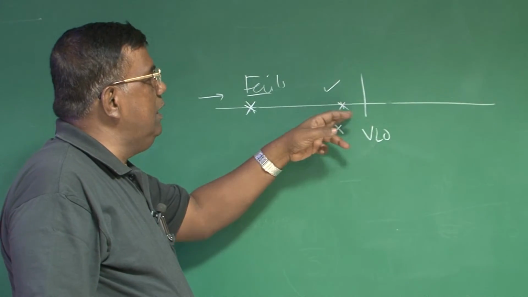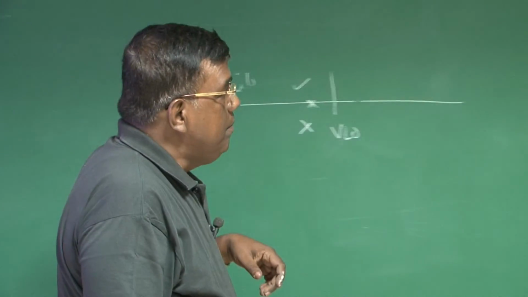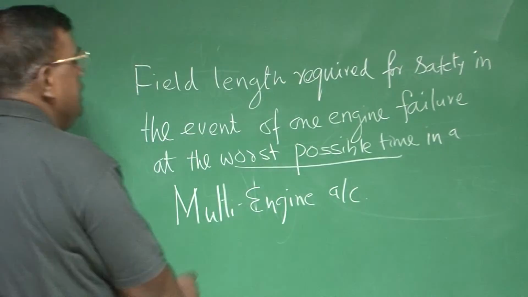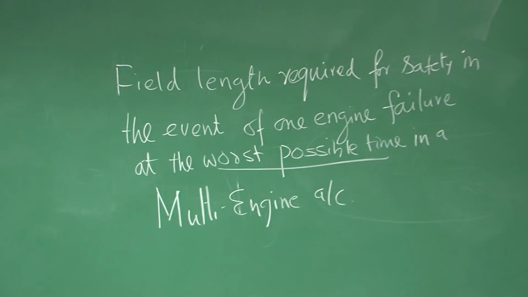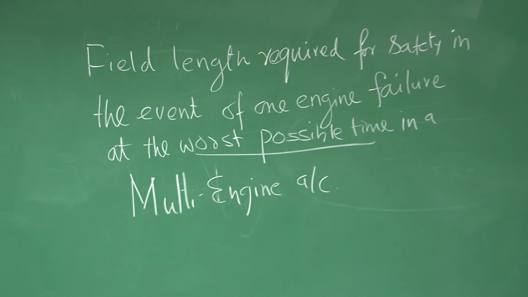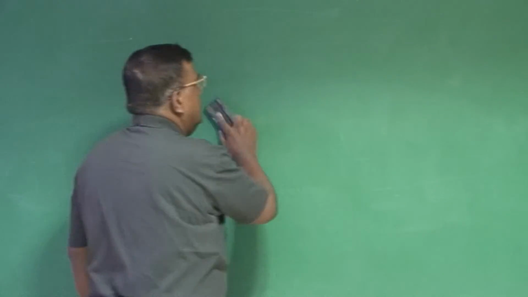If near V liftoff it is failing, that is the worst possible time in a multi-engine aircraft. So this balance field length philosophy is relevant for aircraft having more than one engine, right? In this discussion, we talked about decision speed,